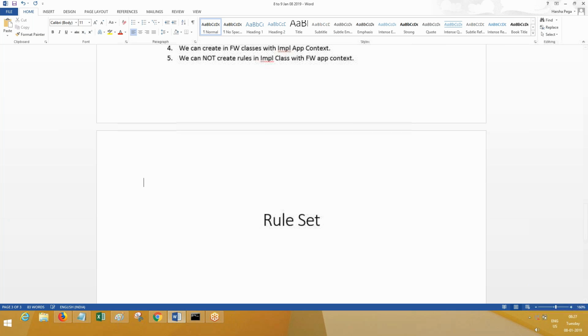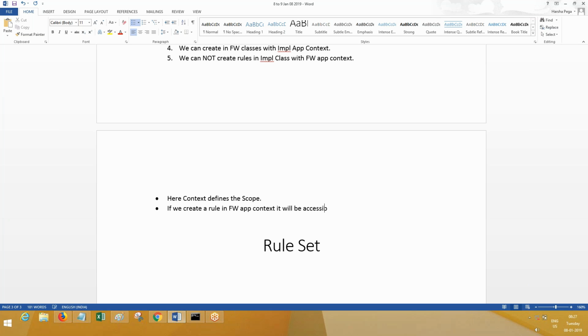I'll add these two points also. Context defines the scope, meaning that if we create a rule in FW app context, it will be accessible to FW classes, FW app classes, and IMPL app classes.